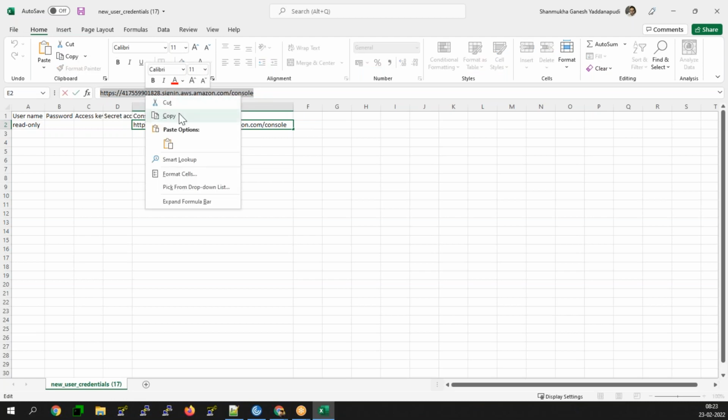So now here, copy this respective URL. This is the URL for your respective console, right? So they will provide you the console access like this, or else they will also provide some project name for you. I will discuss the aliasing name in the next class, how you can provide the aliasing name for your respective AWS console.